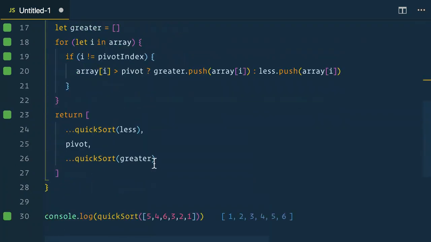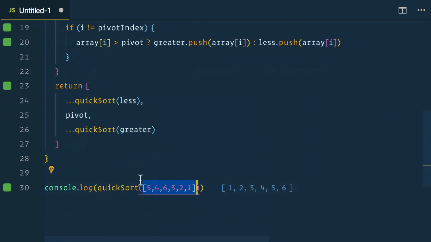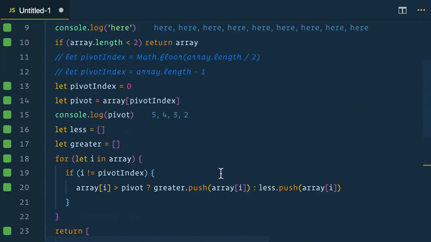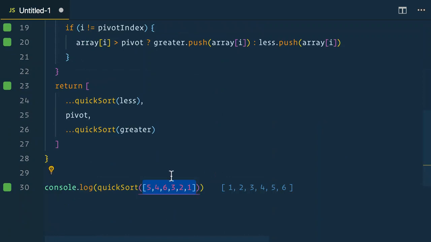So in this one set of numbers, using the middle and the first was the best. You'll find though that if you were to rearrange the numbers, you could find when the last element is better than the first or middle. There are multiple variables that affect the call stack height. Though using the first or the last will give you the worst case big O notation of O n squared